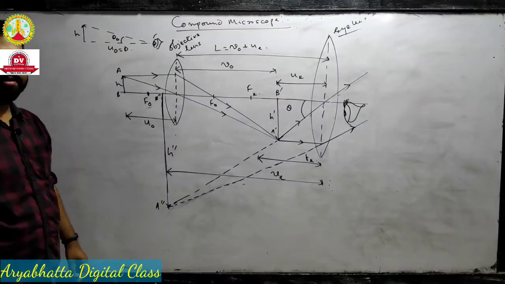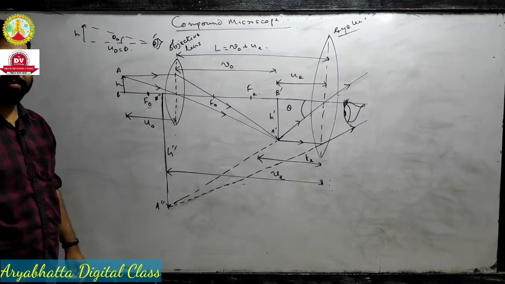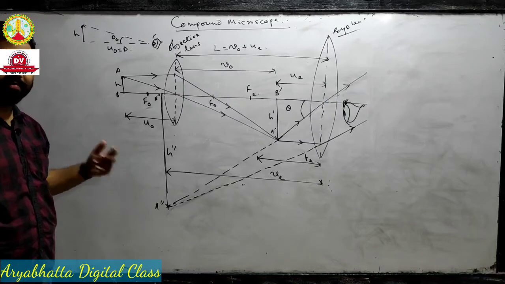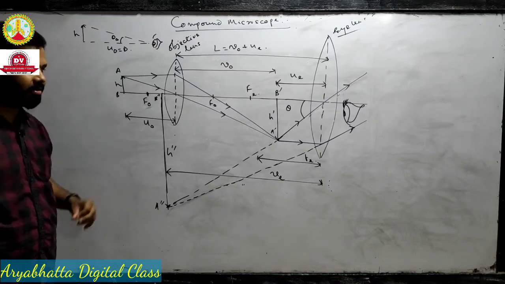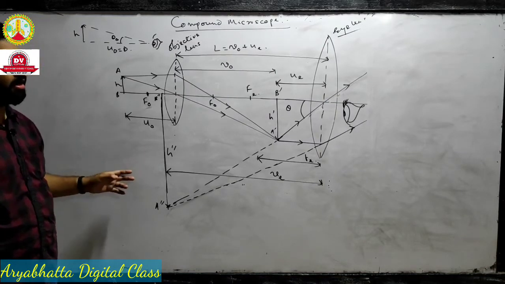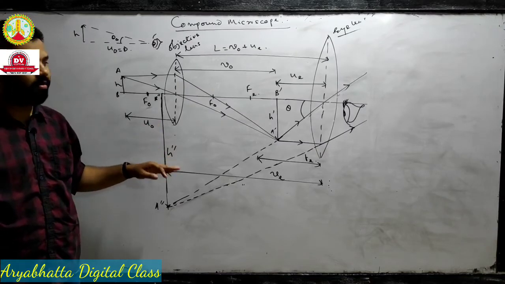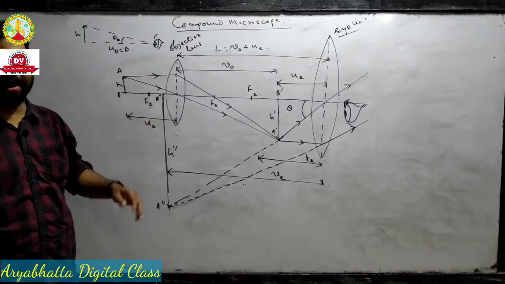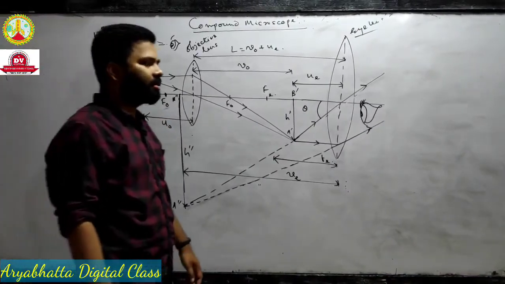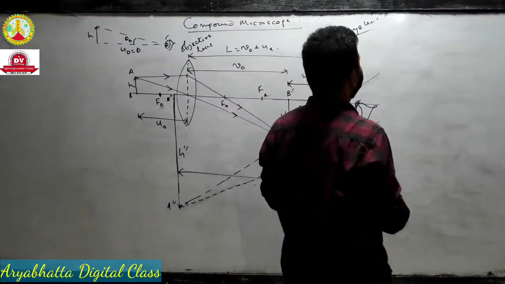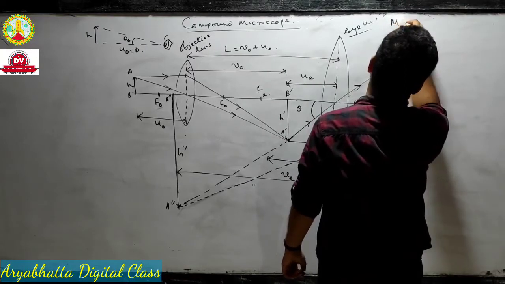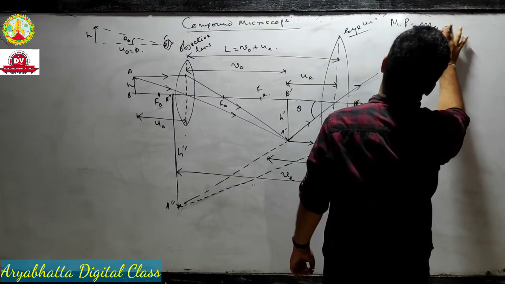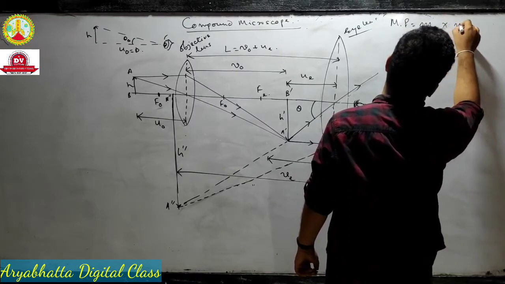So we are discussing the compound microscope. In the previous lecture, you got that a compound microscope magnifies the image two times: one by the objective lens, and the next by the eye lens. Done. What is the magnifying power that we got in the previous class? The magnifying power for a compound microscope is MO into ME.